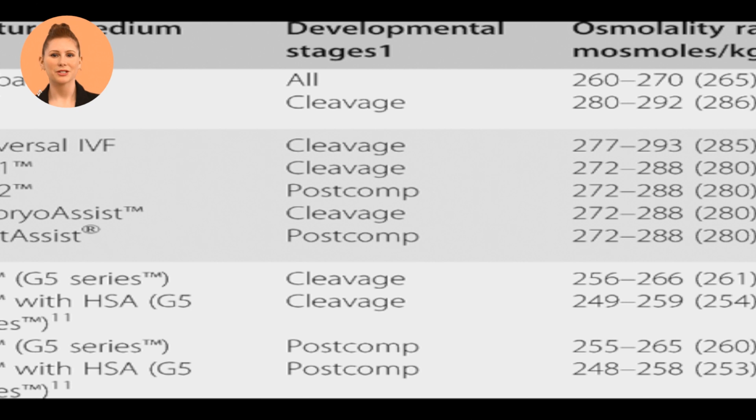All of the previously mentioned components must be dissolved in a solution. Osmolality is a measure of the number of dissolved particles in a fluid, and it is as important as the pH of culture media. It has been known for decades that mammalian embryos develop over an osmolality range of about 255 to 295 milliosmoles per kilogram. When osmolality in culture media exceeds 300 to 310 milliosmoles per kilogram, it might impact the embryo's viability and inhibit